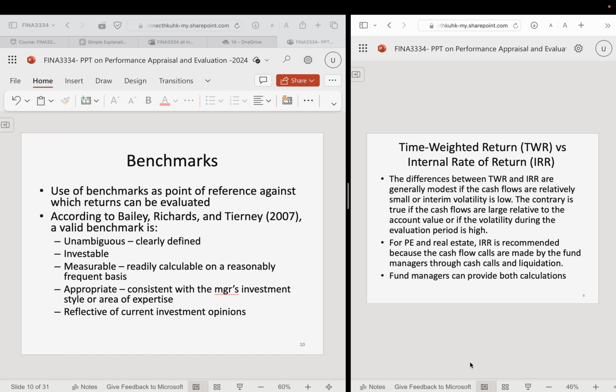So the point here is that we want to know about the benchmark. When you go into a mutual fund prospectus or mutual fund performance evaluation, they will always have a chart of the fund and also a benchmark index. So you have to look into whether the benchmark index is appropriate or not. If it is an equity fund and the benchmark is a 3-month Treasury bill, then you never buy this fund. That means they use the wrong benchmark to tease you or mislead you. So that's something you have to know about.